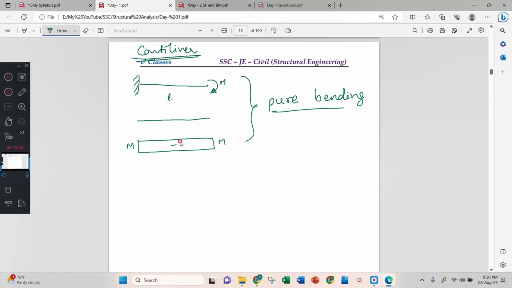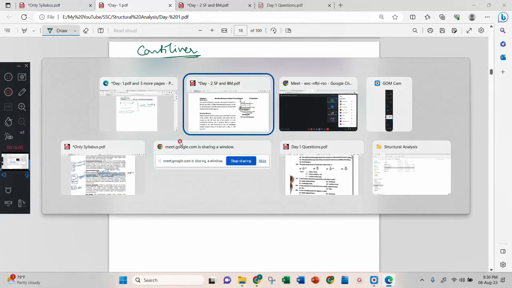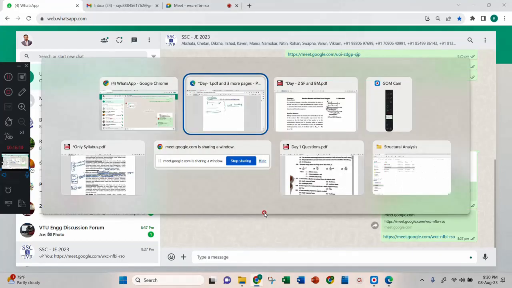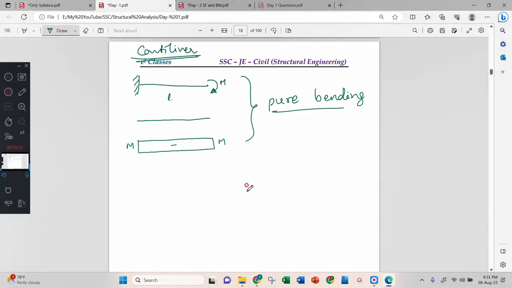In pure bending beam, at any point shear force is zero. Right? Like that they can ask you questions. We'll go to second beam. This is first beam. The second beam is